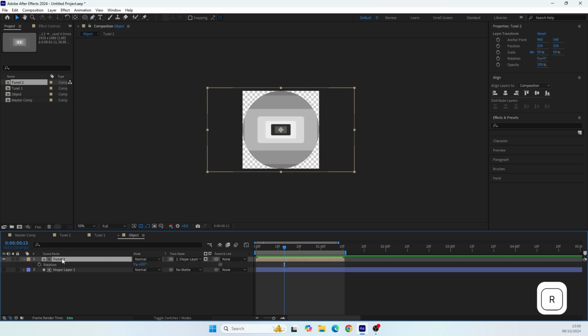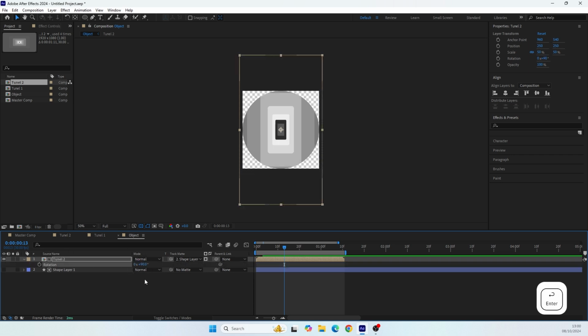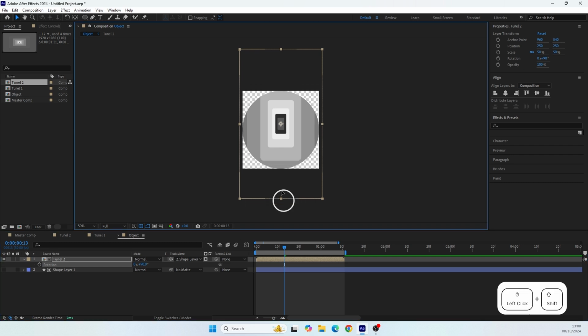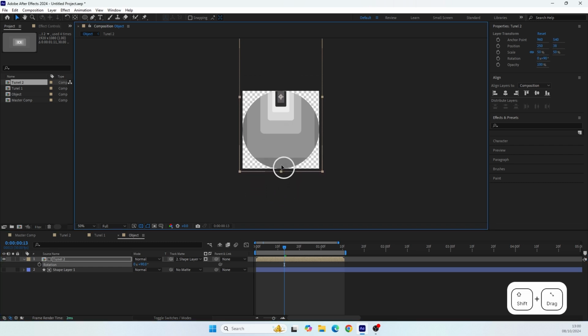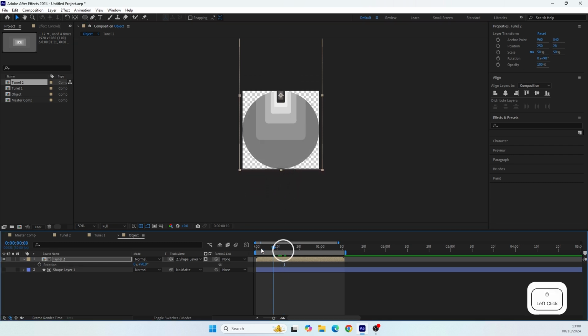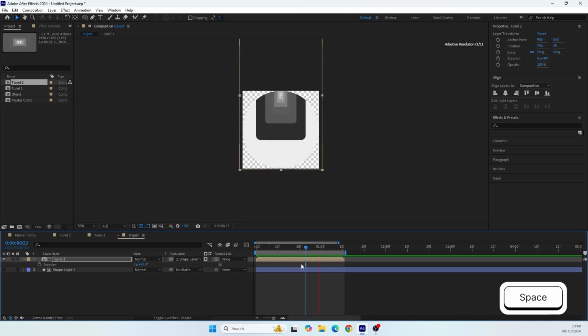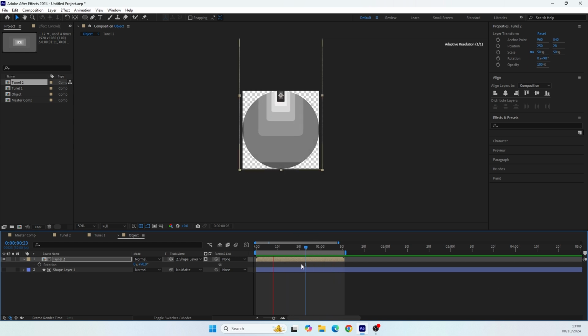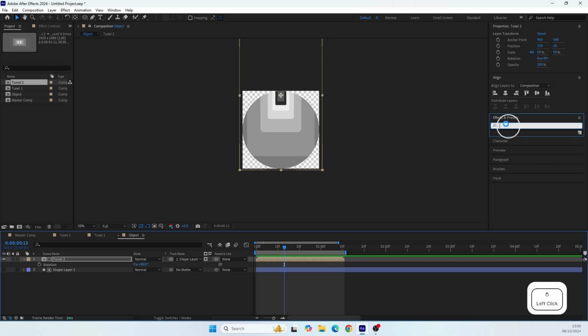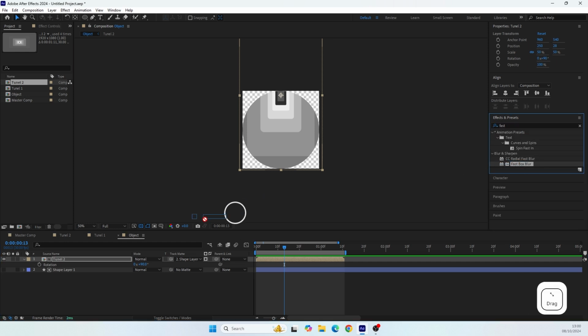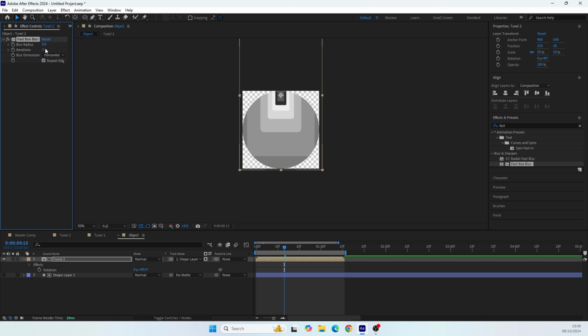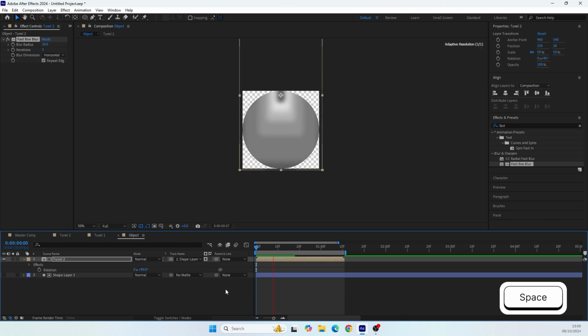and before creating the reflection effect you can play around with this pre-comp to place it as you want. You can rotate it, you can change its position, and try to create something interesting. Then let's search for the Fast Box Blur effect and apply it to our tunnel pre-comp. Let's set the blur radius to 30 and see how that looks.